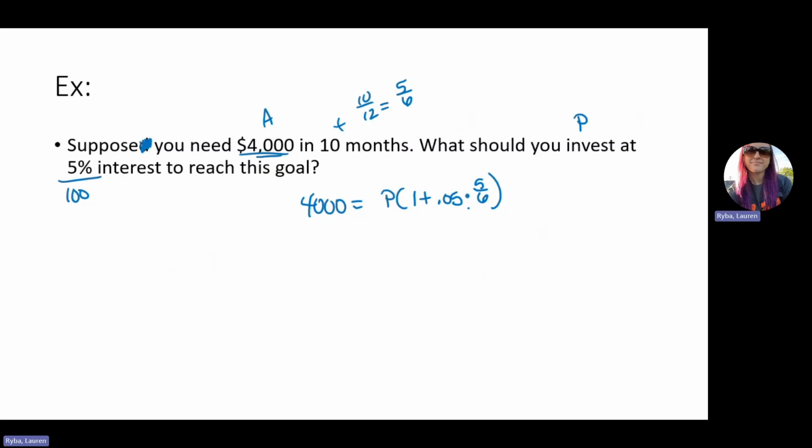This one doesn't come out as nicely when I do 1 plus 0.05 times 5/6. So usually when it doesn't come out as nicely, I go a few extra decimal points. 1.0417. The more you leave, the more accurate your final answer is going to be. If you round here, you may be off by like a few cents in the final answer. So I'll divide by the 1.0417